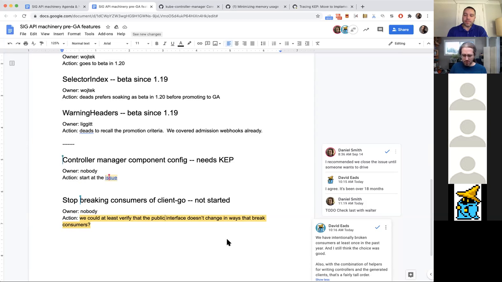Yeah. My point isn't to make it completely impossible. My point is to make it visible and conscious. Okay. Right? I think if we're going to break users, then someone in a high-level owners file should be looking at that and being like, yeah, this is worth it. Yeah, that's my only thought. But okay, that makes sense. At any rate, if nobody signs up to do it, it probably won't happen.